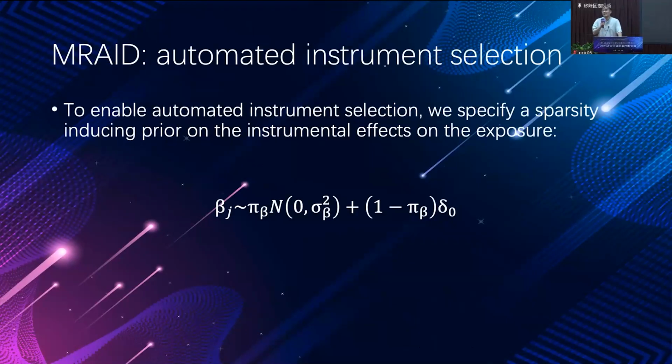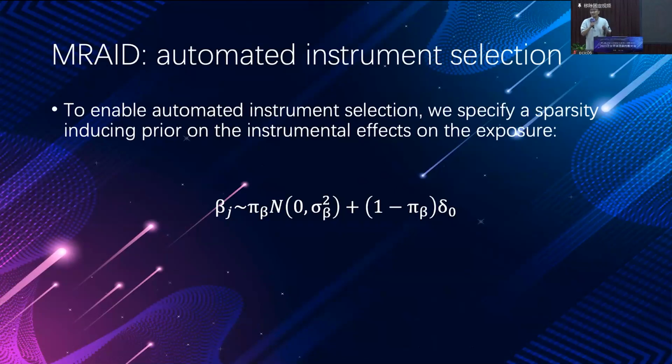So under this model, we would like to make some model assumptions. The first goal is to make the selection. To enable automatic instrumental selection, we specify a sparsity-inducing prior on the instrumental effects on the exposure. Just as Professor Zhu commented in the morning's MR talk, given one SNP,